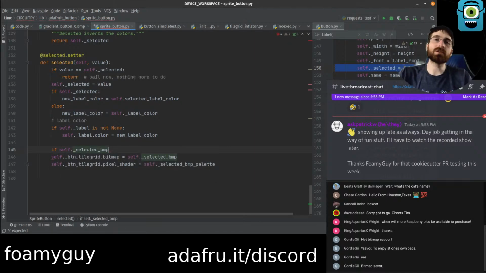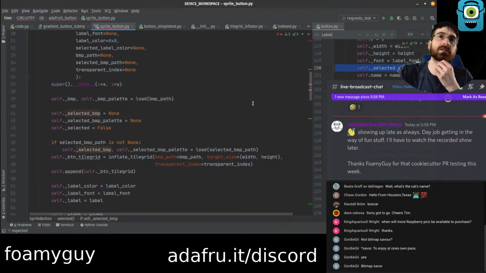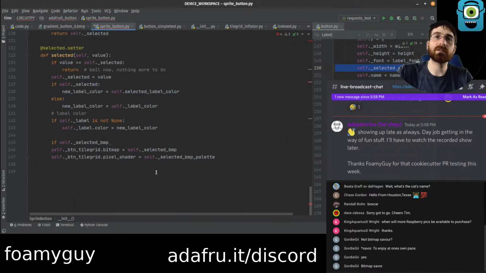Probably we should change the name of this, honestly, because we have button. Oh, no, we don't. We have bitmap. Okay. Yeah, no, this is fine. If this is not none, then we're going to do this.